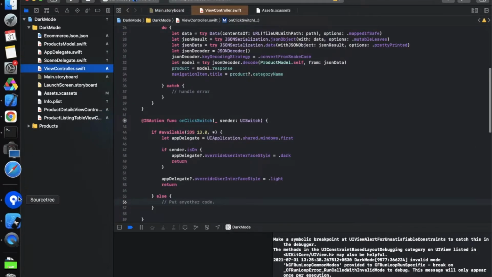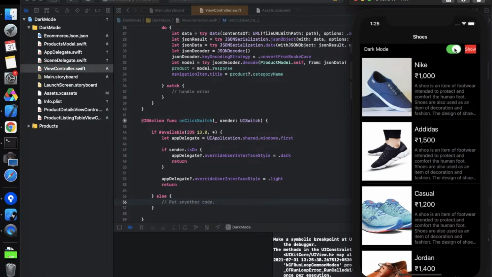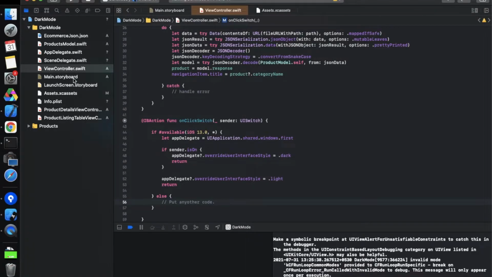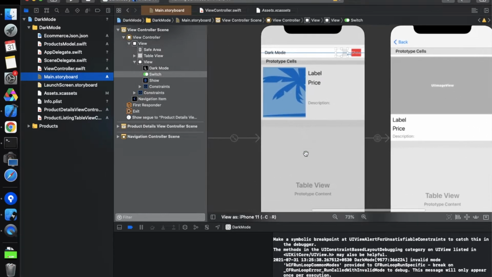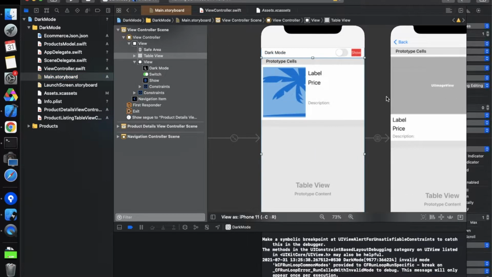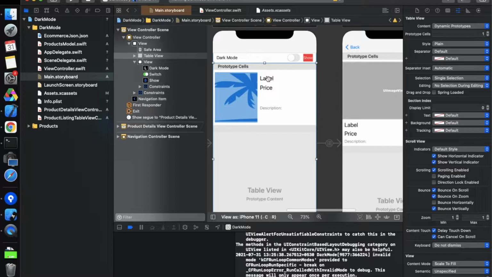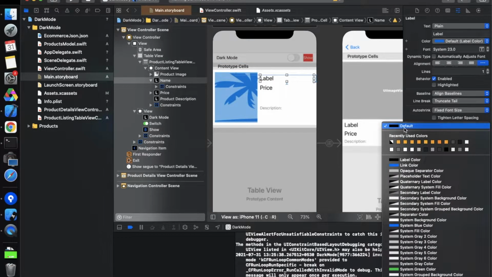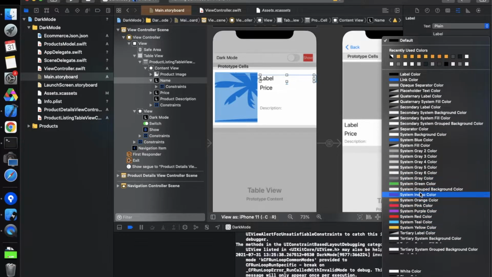And now let's move to the storyboard again, and you can see that now the UI gets changed, and this white color converts into black, and the labels in black color are converted into white. So the default colors which are coming with the storyboard or the system already have dark mode enabled for every color which we have. For example, this label, we have a dark color over here. So these all are the default system colors, and every system color has its own dark mode.